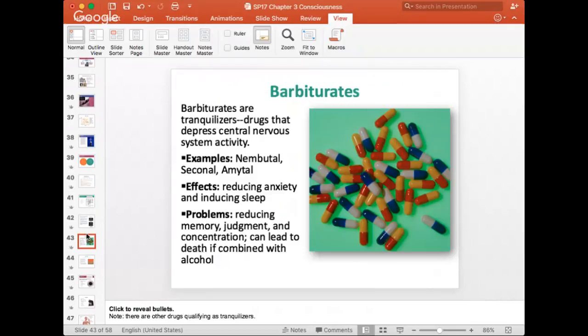Under the influence of barbiturates, a lot of the same things as alcohol, with the depressant, things that you're doing, you're disrupting your memory and your judgment and concentration. Big thing to be concerned about with barbiturates and alcohol is mixing them, and this has to go for any of the drugs. If you're under the influence of a depressant and then you add more depressants on top of that, so if you mix barbiturates and alcohol, two depressants together, what you are potentially doing to your body is slowing it all the way down